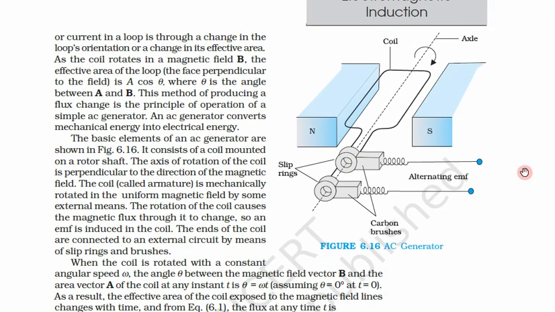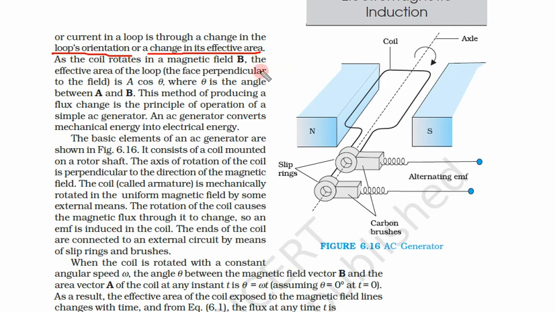So we have already discussed this figure. In this figure, this coil is rotating in this constant magnetic field, and because of the angle change, we are producing EMF. So let us read about this. We are generating EMF through a current loop by a change in the loop's orientation. So what are we changing? We are changing the loop's orientation, and that is giving us EMF, or a change in its effective area.